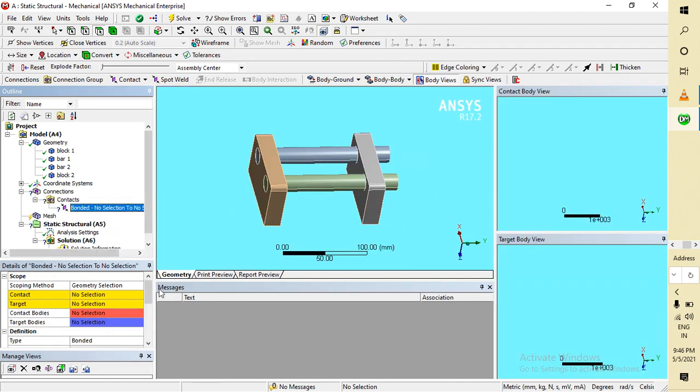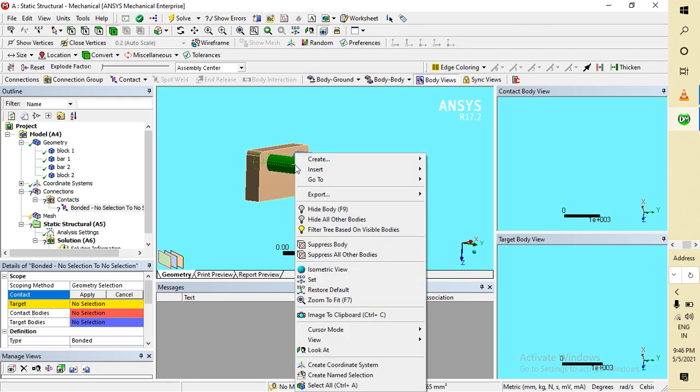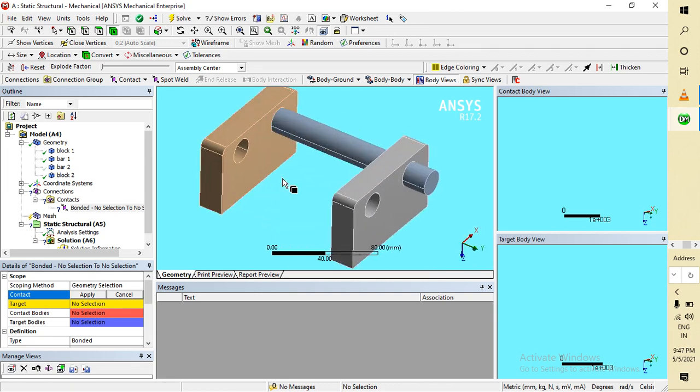So what is the contact body? The inner part of the circle, this block, is the contact body. Select it, right click on it and hide body. Then I'm selecting, and I just have to zoom.